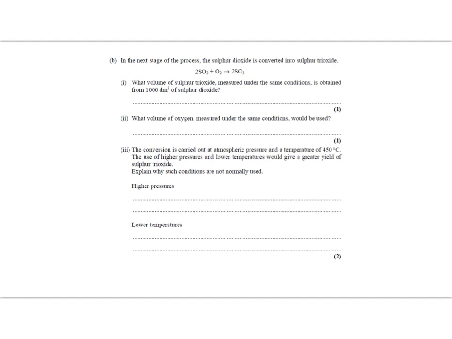Now this is quite a tricky question in my humble opinion, because there's only one mark here and they're not obviously expecting you to do anything flash. They simply want you to show some understanding about volumes of gases. So what volume of sulfur trioxide is obtained from 1,000 decimeter cubed of sulfur dioxide? The actual answer is 1,000